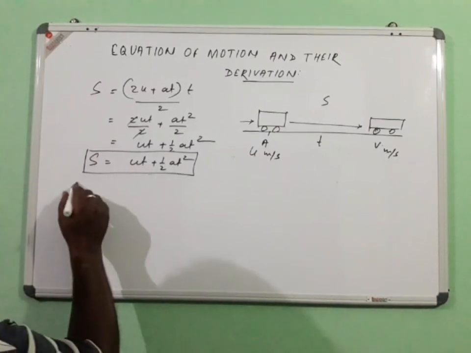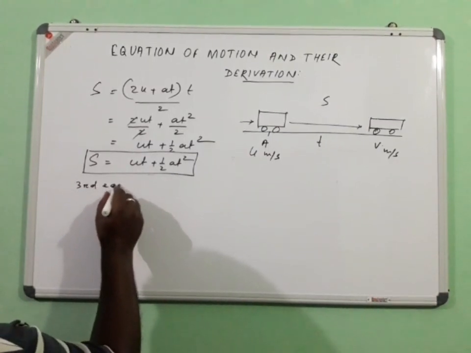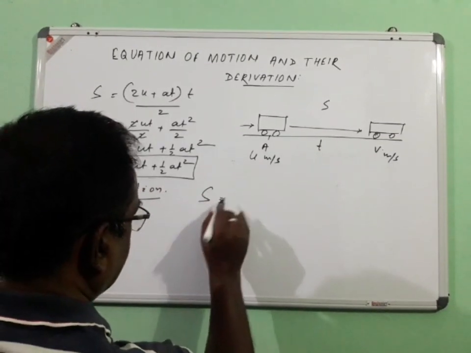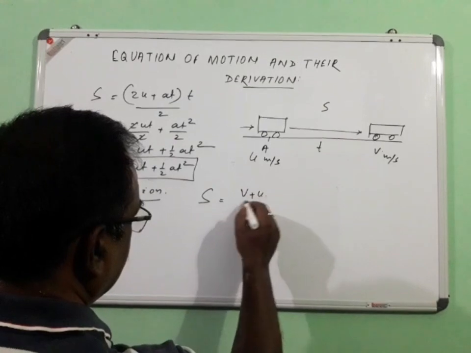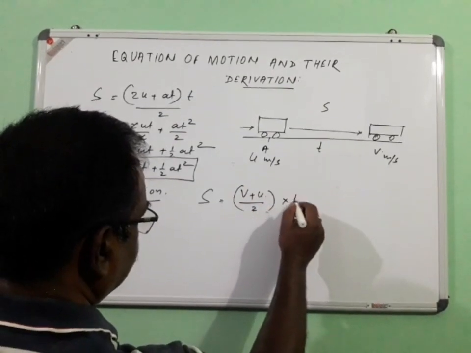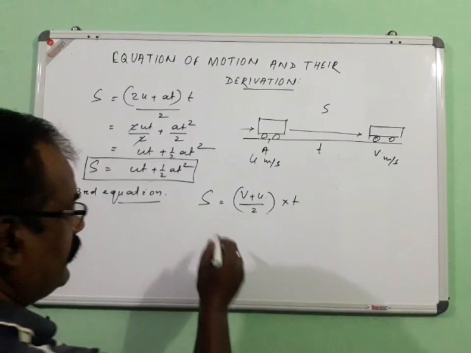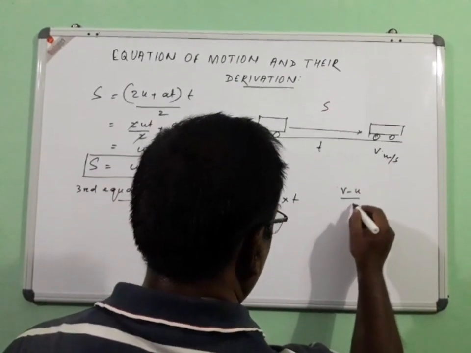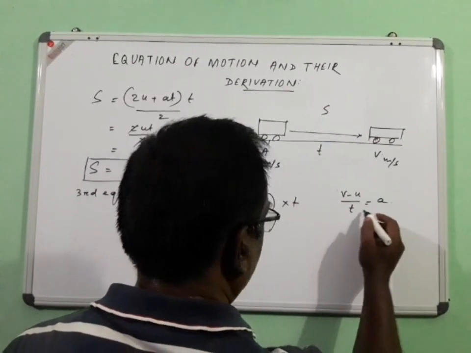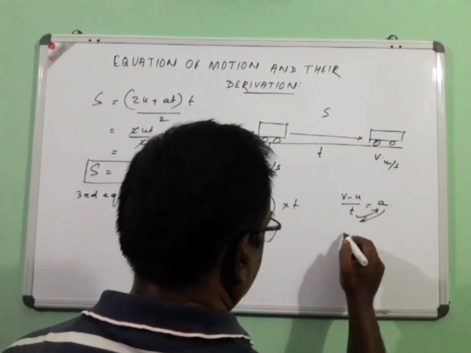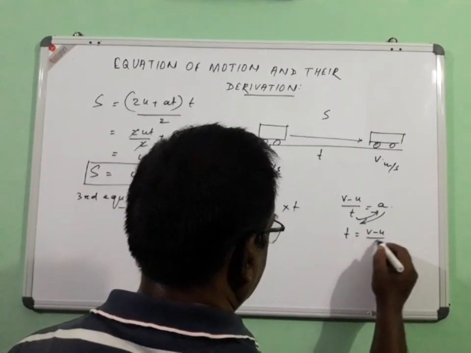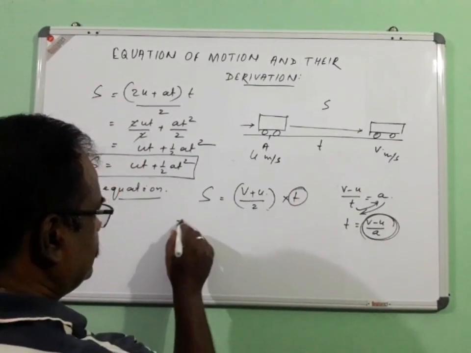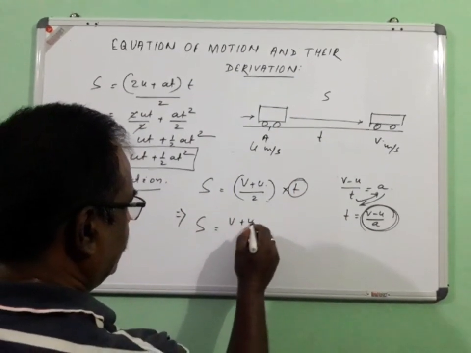Third equation. Similarly, we can say that the displacement, or the distance covered, is equal to the average velocity into the time. Now, as we have already calculated, (V minus U) by T is equal to A, or in other words, T is equal to (V minus U) by A. Now substituting this T value here, we will get S is equal to (V plus U) by 2